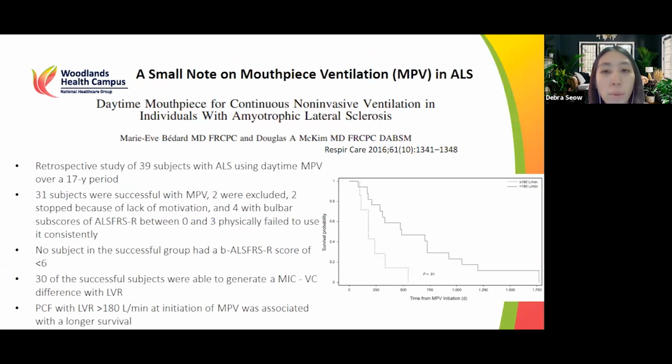So a very small note on mouthpiece ventilation. I know everyone's getting very tired. I know that mouthpiece ventilation may not always be available. But basically there was this study that actually showed that